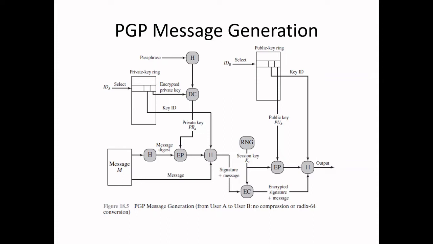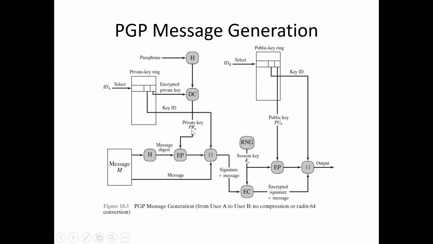But what is shown in this diagram is, while the PGP message is being generated, how the key values used in that process are taken from the private key and public key rings. That is what is being illustrated here. So we are sending a message M. The first step to generate the signature for this message is to generate the hash code using, say, the SHA-1 algorithm. Now this hash code has to be encrypted using the private key of A. That is what a signature is.